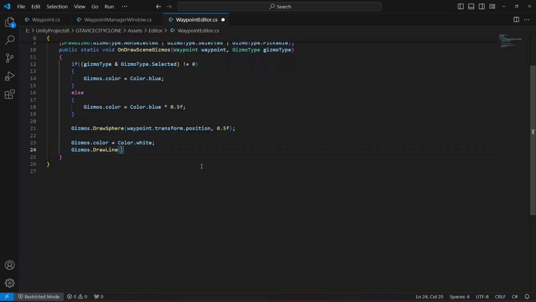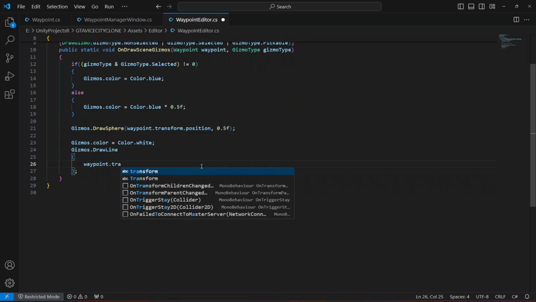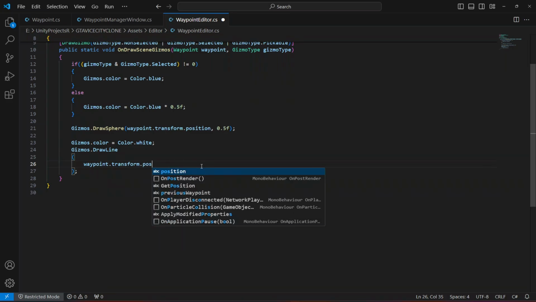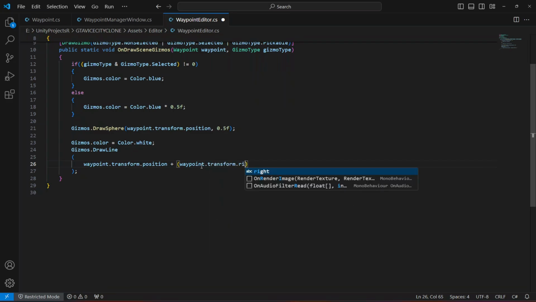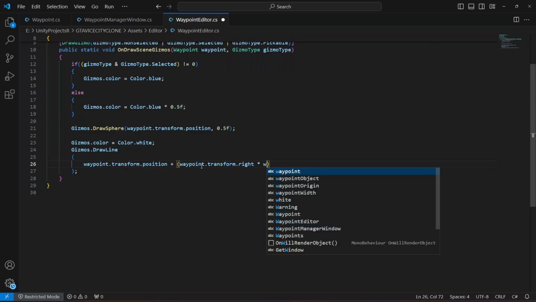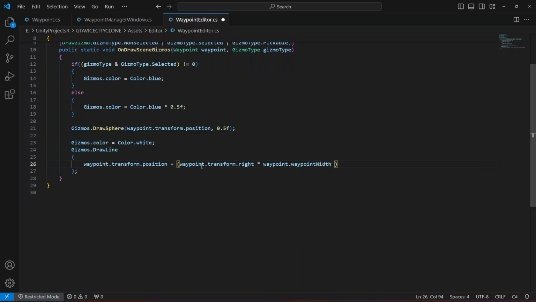and in the round brackets let's draw the line. So first of all we're gonna say waypoint.transform.position plus waypoint.transform.right, multiplied by the waypoint.waypointWidth, and we want to take half of the width because we will show half of the width on the right side and then half of the width on the left side, and it will become a full width. Okay,